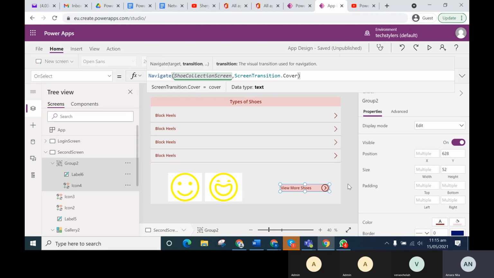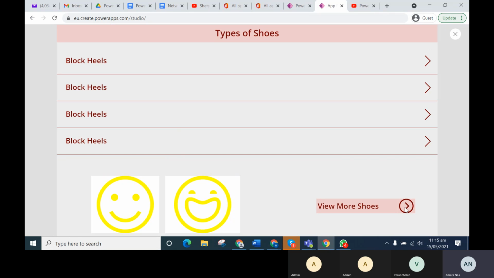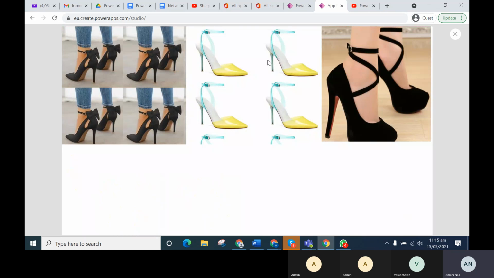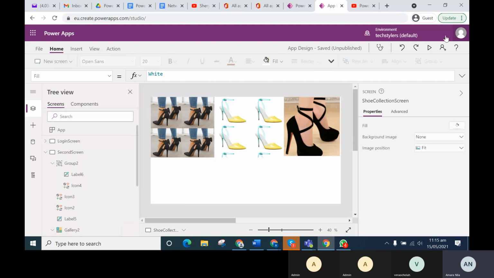Okay. So when we play this, you see it brings us to our shoe collections. So now it looks like we had plenty of shoes there, but we don't have. We just have one image with 4 pictures of the same shoe. So you can insert as many images as you want. And this is part of making your screen or your